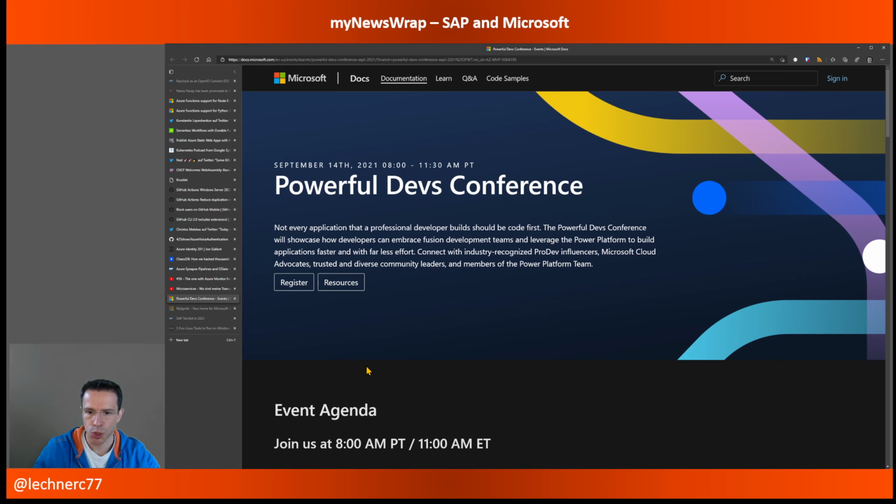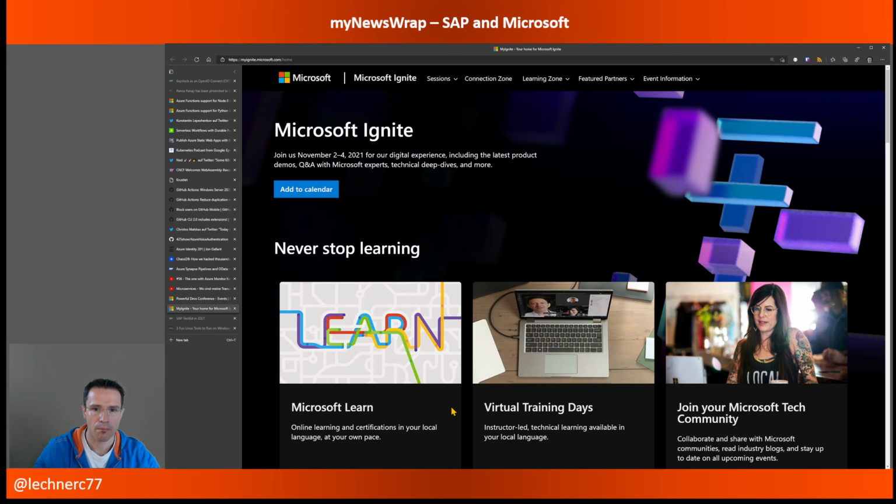And then the dates of the two big conferences from SAP and Microsoft at the end of this year have been announced. First of all, it's Microsoft Ignite. Save the date: November the 2nd until November the 4th.